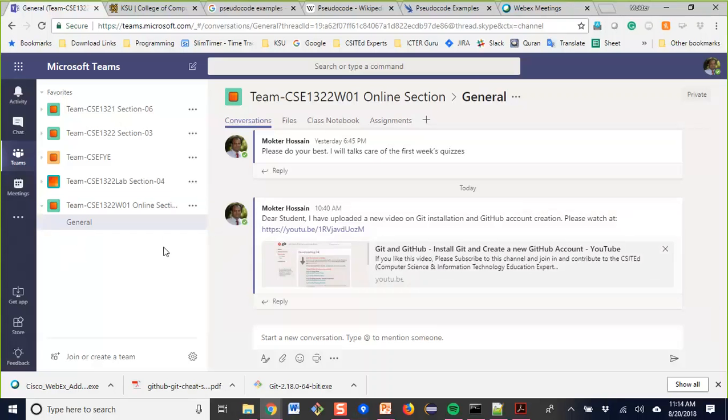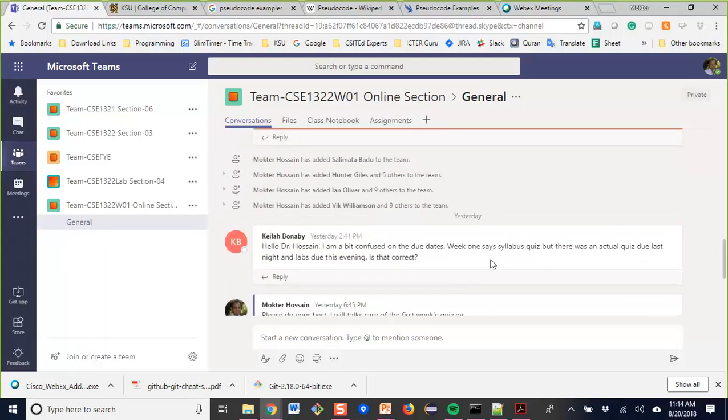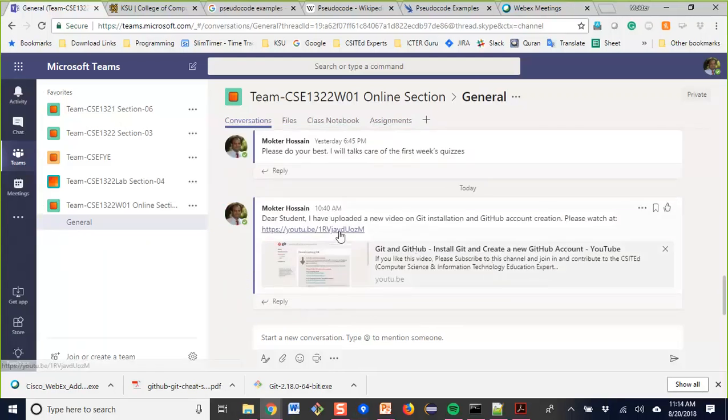Or check your spam folder or your trash folder. This is one of the quick communication media, but you can definitely use email,